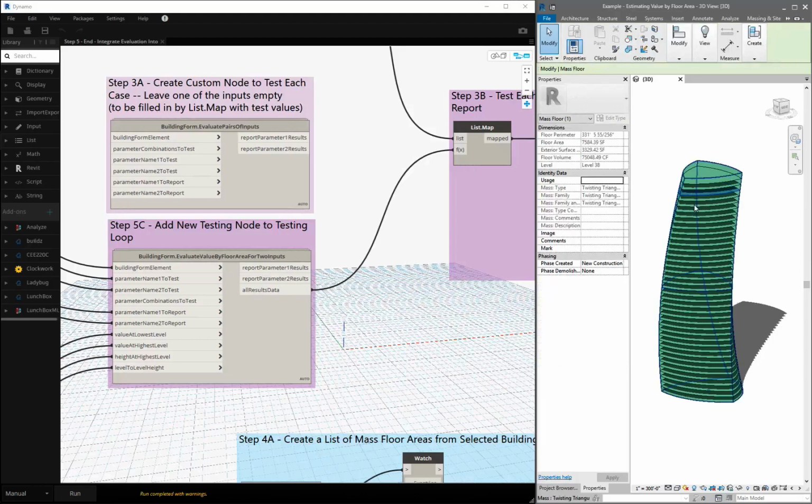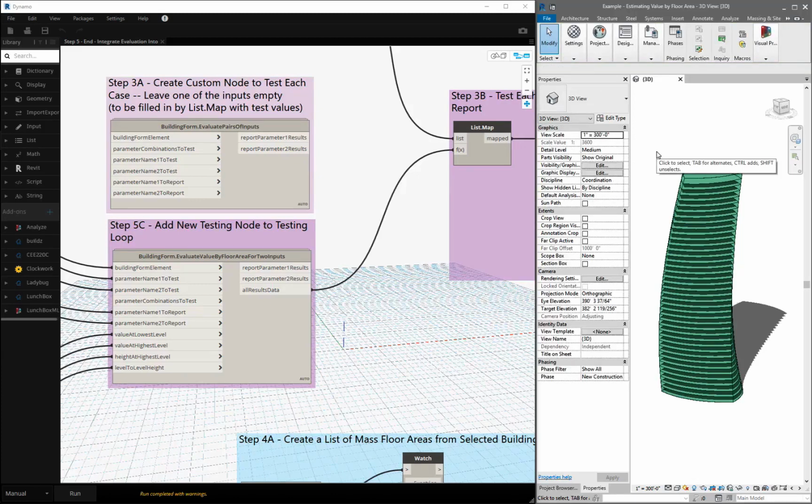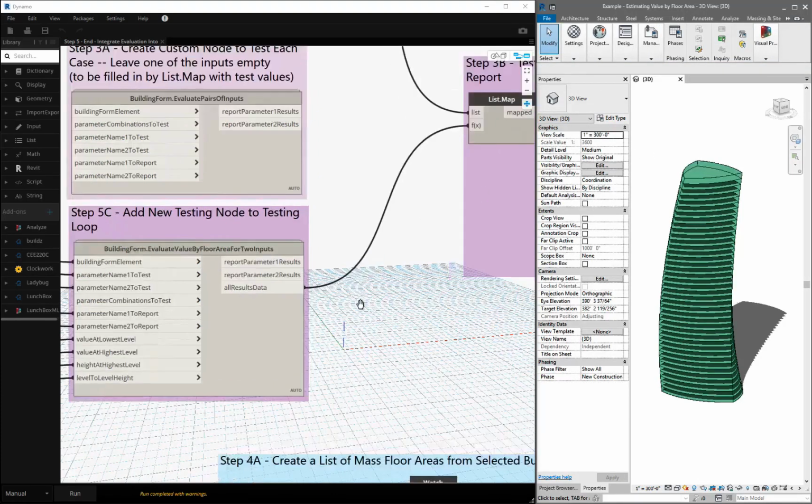In the Revit model, each of the different mass floors that are being created, where the floor levels intersect with our mass form, report that area. And we can go ahead and grab that area out and then multiply it by some cost metrics to compute an overall value. The way the basic logic works is like this. If I go over to Dynamo,